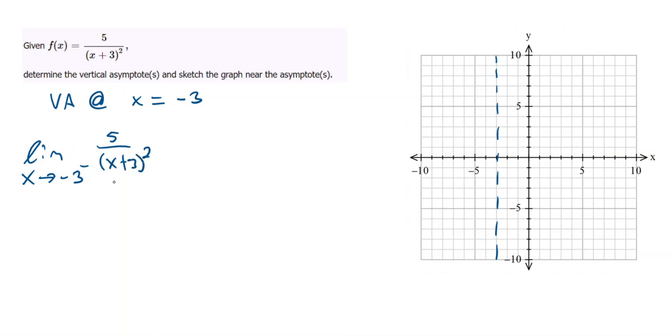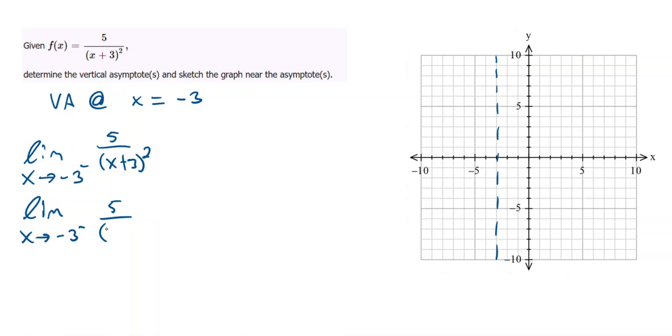All right, so now, how do we figure out which way it's going? Well, we just put in a little sample point here, right? So if I'm approaching -3 from the left, then I could throw in a number like -3.1, because that's a little to the left, a little more negative. So let's write this again. Now the limit as x approaches -3 from the left of 5 over,